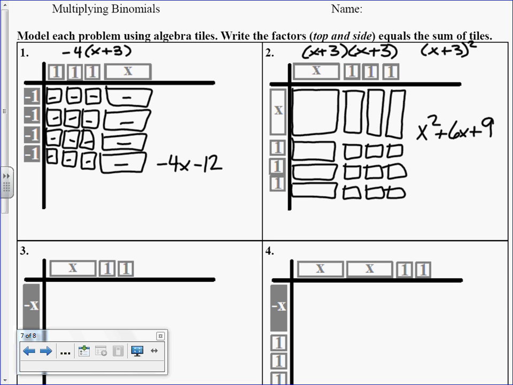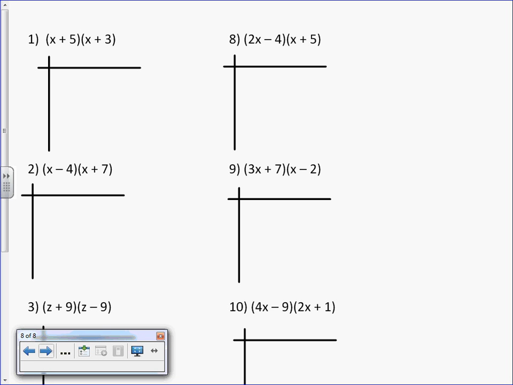If you would, please try 3 and 4 on your own. And on to our last slide of our notes here. I'm going to go ahead and do 1 and 8. I'm going to ask that you do 2, 3, 4, 9, 10, 11. So I'm going to ask that you do 1, 2 problems on the previous slide and 2, 4, 6 problems here. All right, so I have x